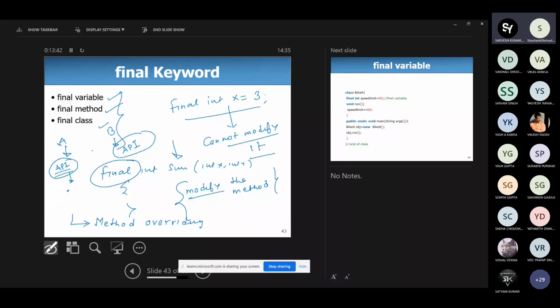Suppose this is open source, but however it is open source, this is the API of this particular firm, that is A. Suppose there is another firm C that would also like to build its own API.